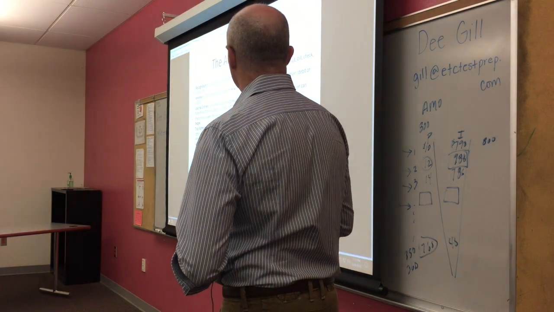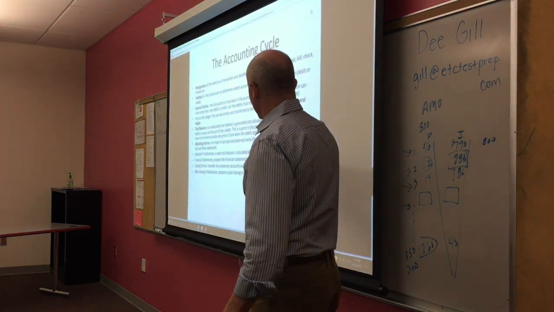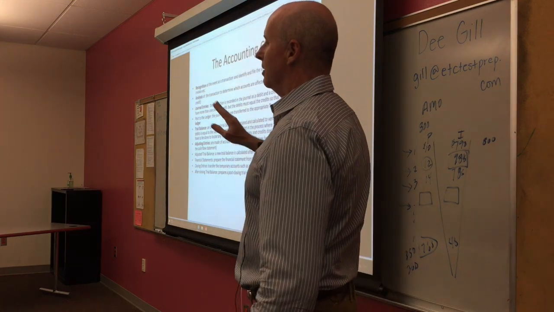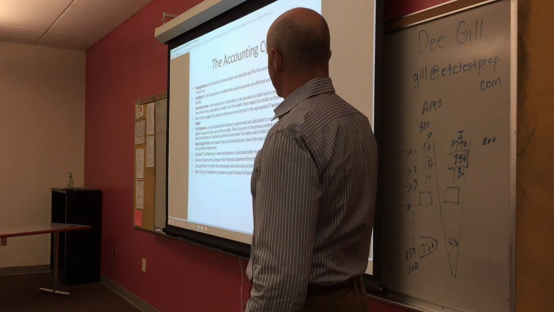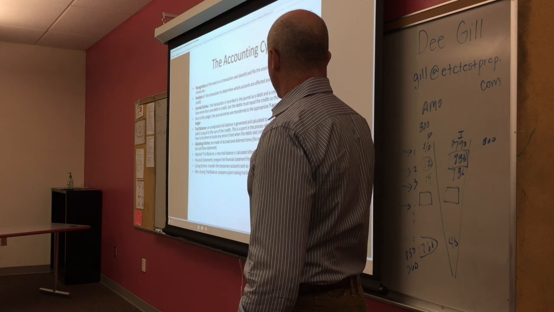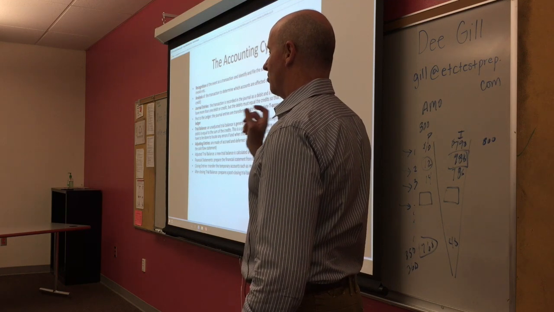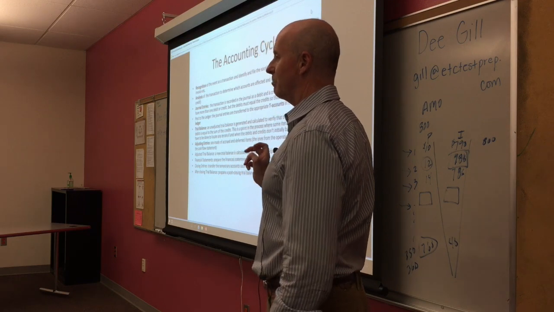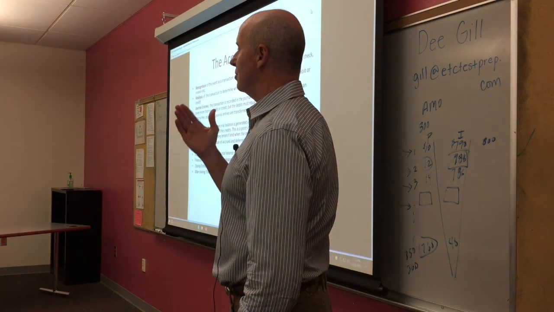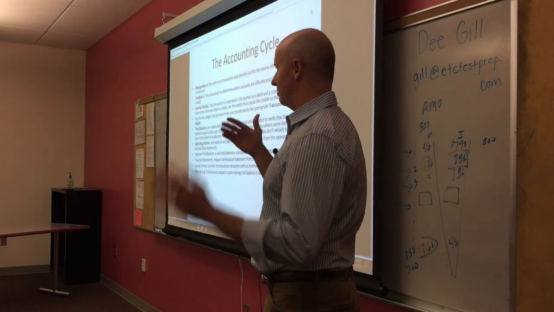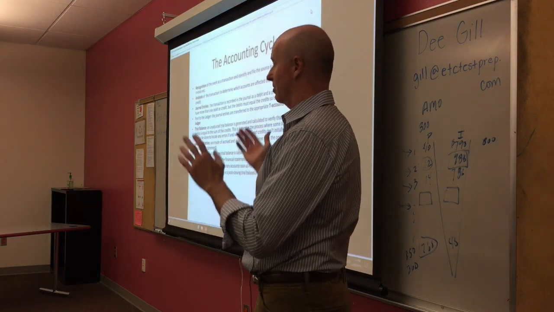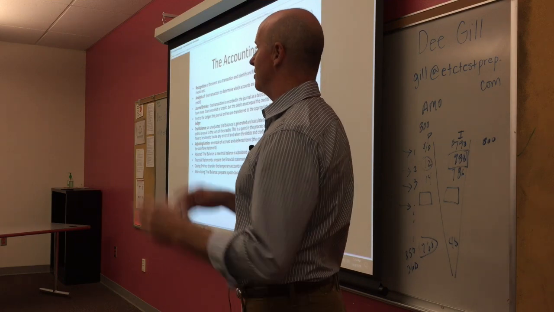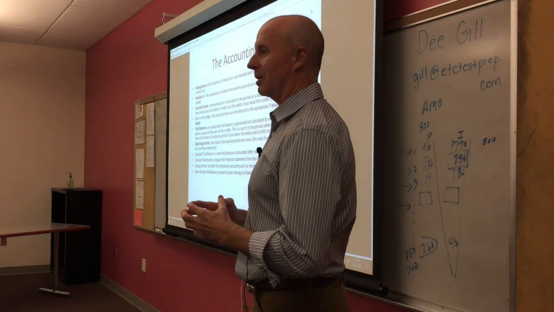So then you make the financial statements, and then you close that out. The one thing to think about with this is the income statement, the revenues and expenses. Those accounts are what we call temporary accounts. After you make a new balance sheet for a particular time period, you're basically closing out and re-zeroing all those revenue and expense accounts, right? Because